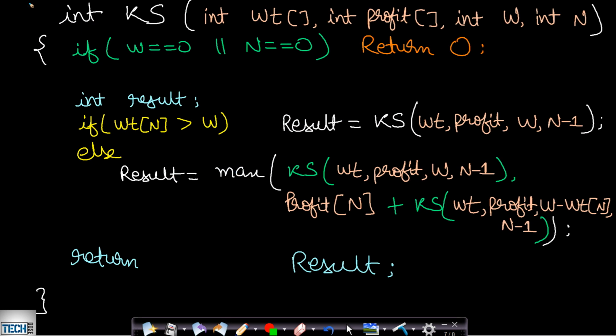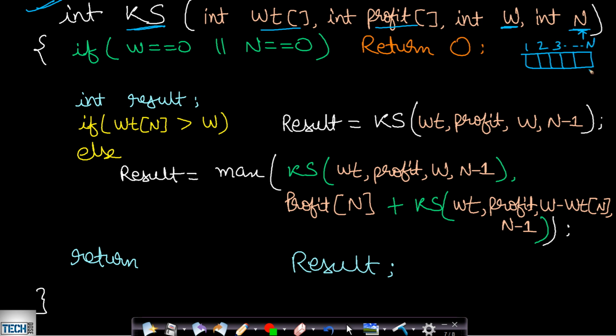Okay, so this is the code for the recursion which I had shown in my previous video. This is the knapsack 01 knapsack. Here our input was weight, profit, this was our capacity of the bag, and this was our current item which we were processing. So initially we will be having the entire array of items, and initially we will be having all the n items.